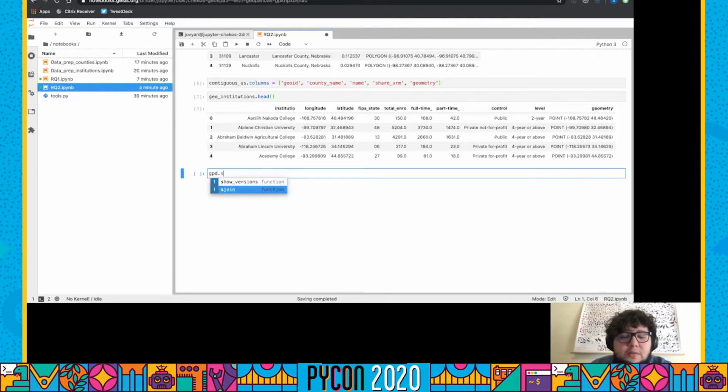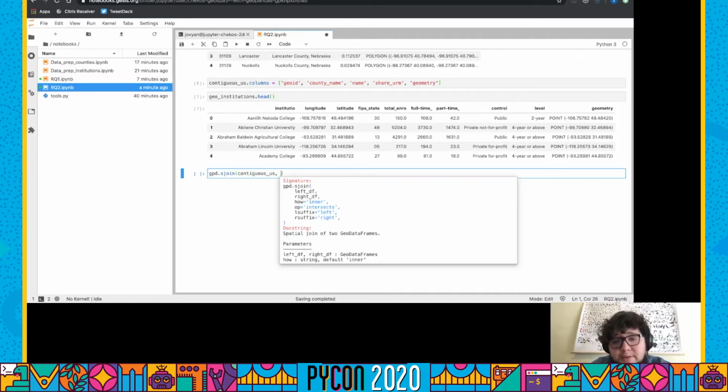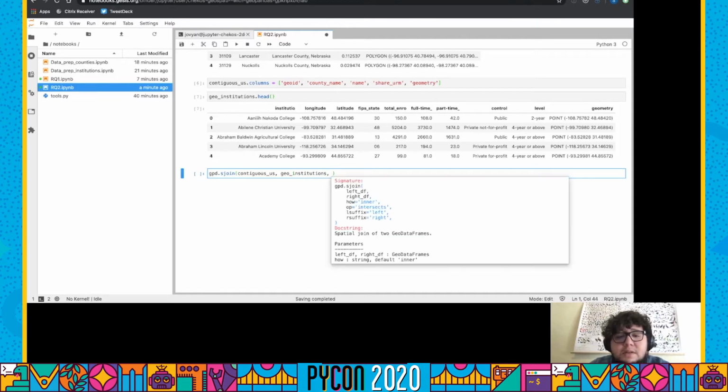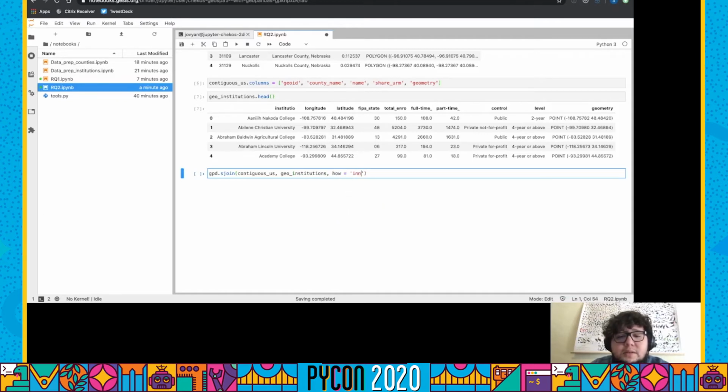GPD S join for spatial. And we're gonna do contiguous US. You do shift tab and it's gonna show you the parameters, the arguments that you can pass. The left DF is gonna be contiguous US. The right DF is gonna be geo institutions. Let's see what else. It is gonna be inner because we just want something that shows up